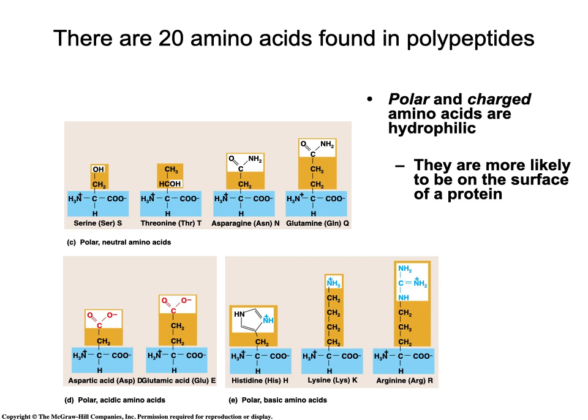And so because you are a polar and charged amino acid, you're going to be more likely to be on the outside of the surface of the protein, so that you can interact with molecules like water and ions and such. Okay. So if we compare our polar amino acids to our non-polar amino acids, one of the things you'll start